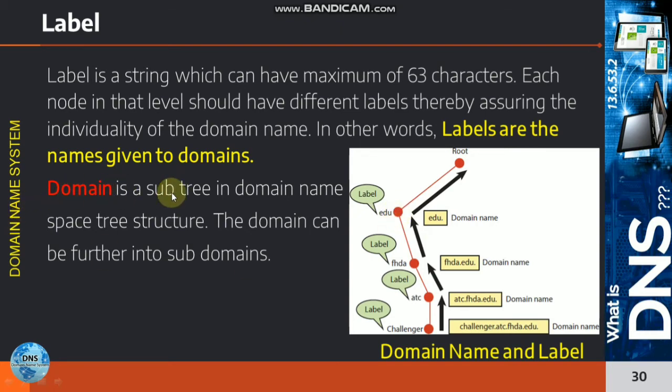A domain is a subtree in the domain namespace tree structure. The domain can be further divided into subdomains, and like that a domain can have many subdomains.